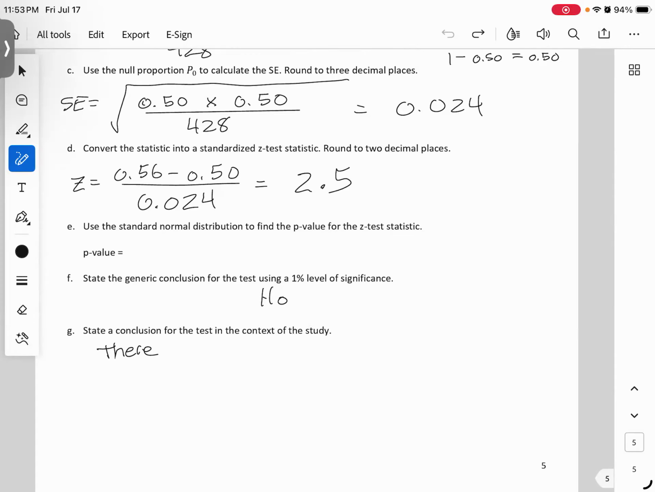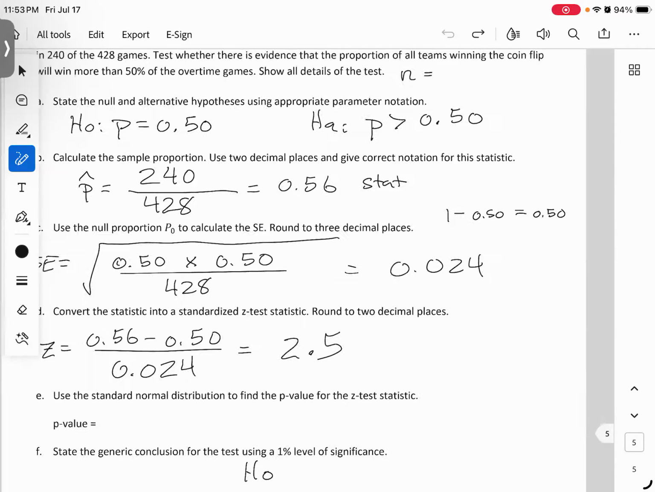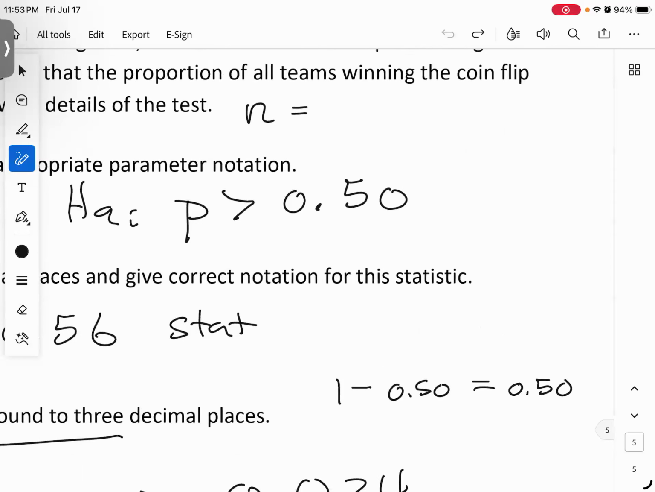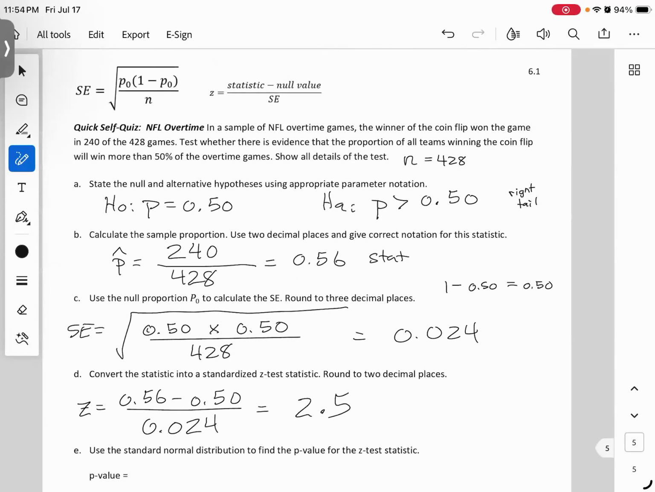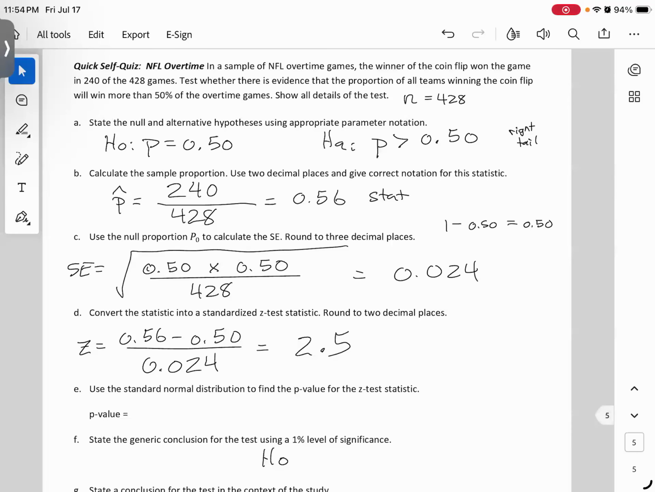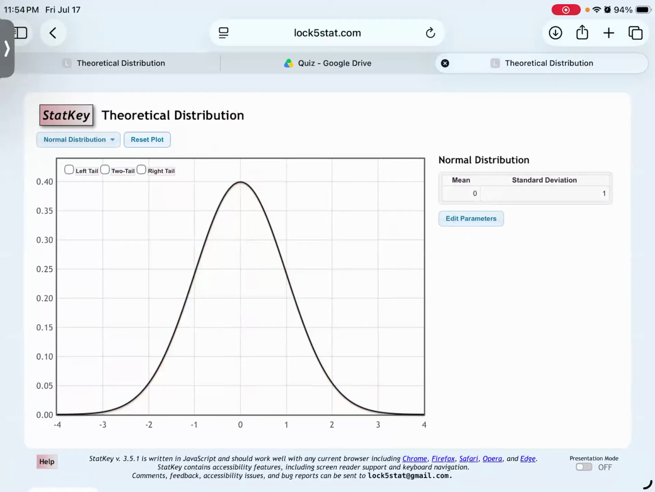Now, you've got to remember how to recognize when you're doing left tail, right tail, or two tail. This is a right tail because it's greater than. We might as well even just write it here: right tail, and 428 was our sample size. But let's go ahead and do it. Let's take the 2.5, erase this, and do the right tail. And down at the bottom right is where you put your